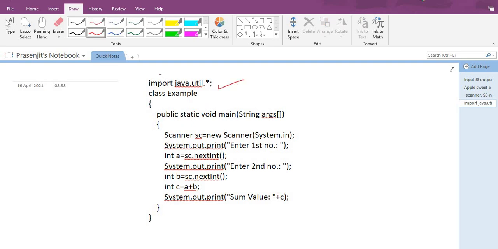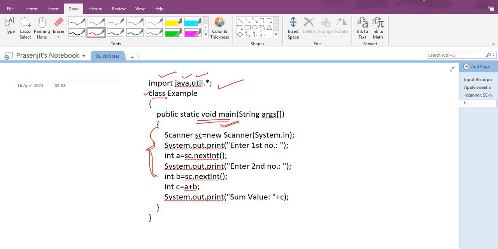This is package. So import, we are importing a Java package, which is util, and star means we are accessing all the methods which are predefined. See, this is the method under which a few codes are present. You can see this code we are writing inside the main method. Main is a predefined method, okay, and you can see the class.